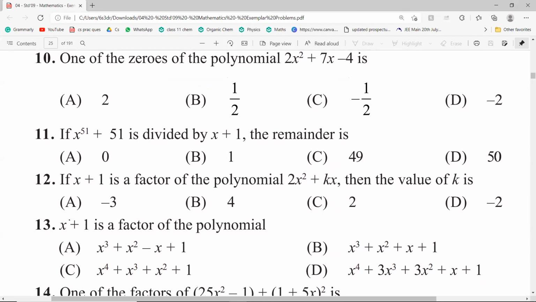So if x plus 1 is a factor of the polynomial this, then the value of k is what? So how are you going to do this? What's the first step? Ma'am, A is -1. Very good. A is -1. Can you tell us the next step? A is P of -1. Very good. P of -1 is